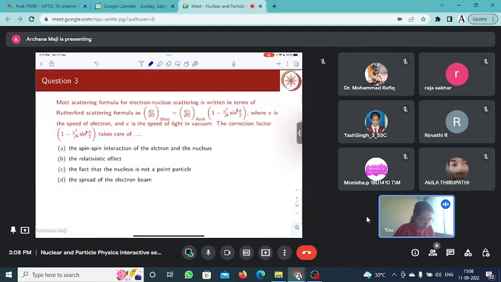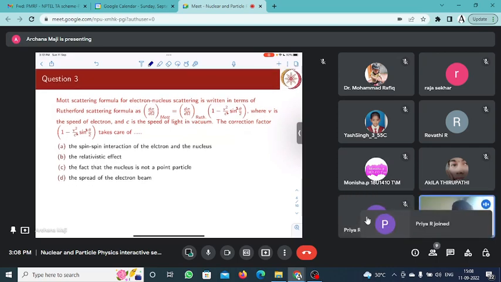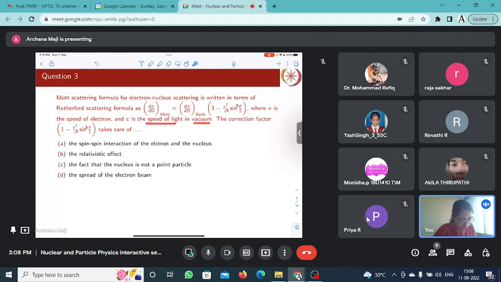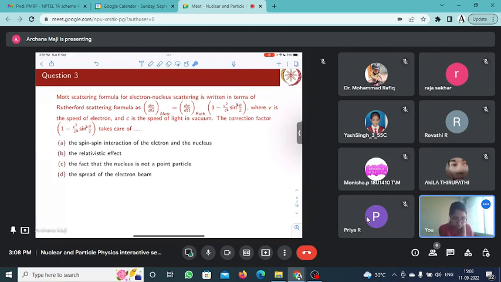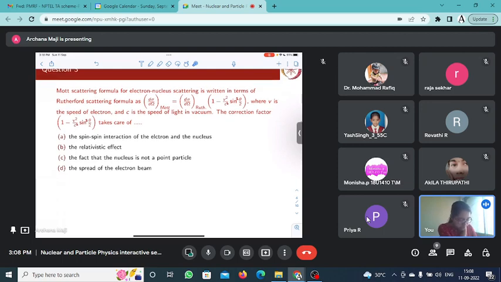The third question is also similar, related to that. The Mott scattering formula for electron nucleus is written in terms of the Rutherford scattering formula as this, where v is the speed of the electron and c is the speed of light in vacuum. This correction factor takes care of the spin-spin interaction of the electron and nucleus, the relativistic effect, the fact that the nucleus is not a point particle, or the spread of the electron beam. The correct option would be